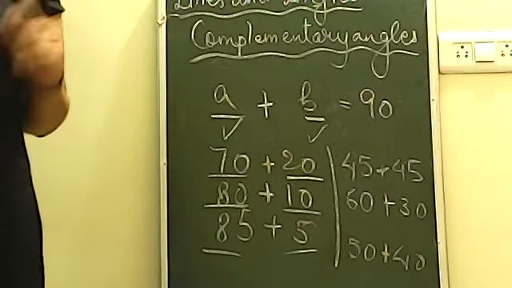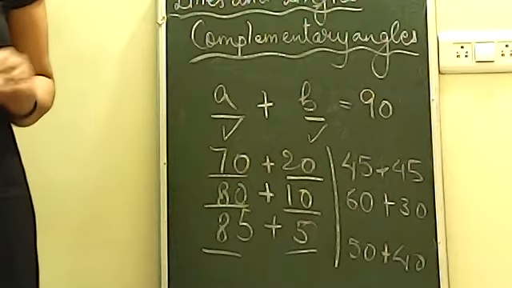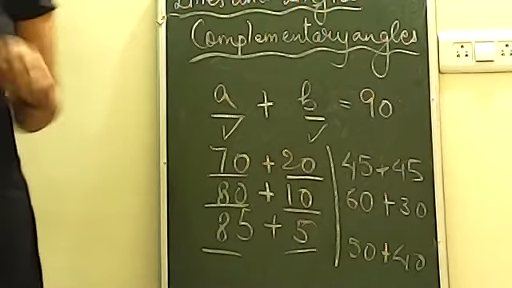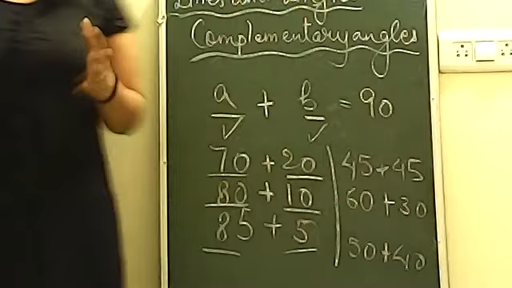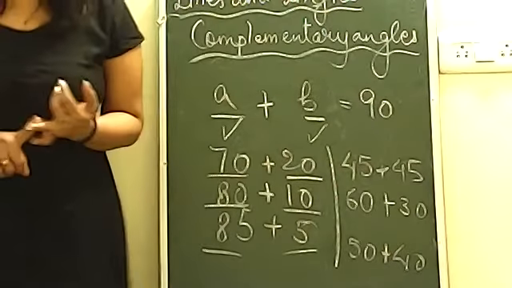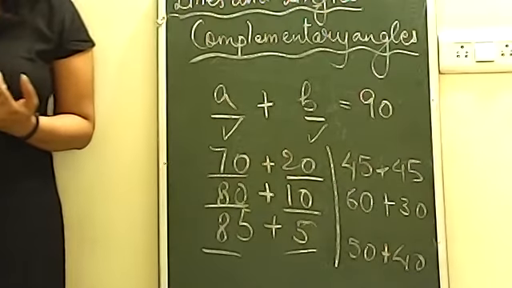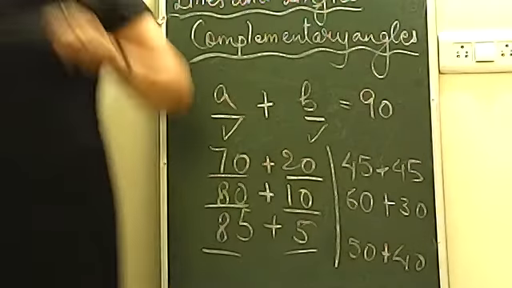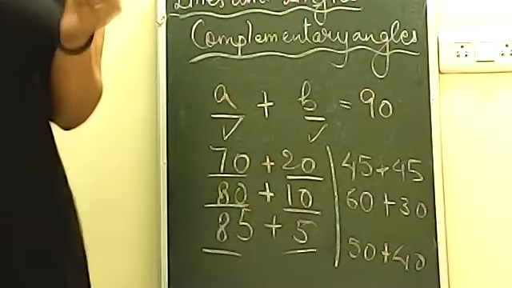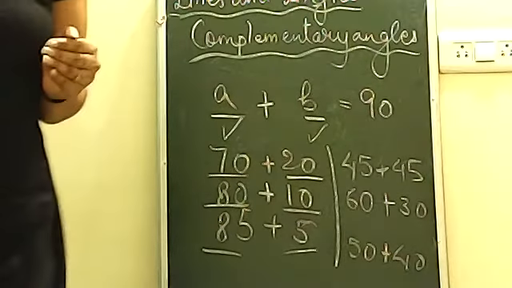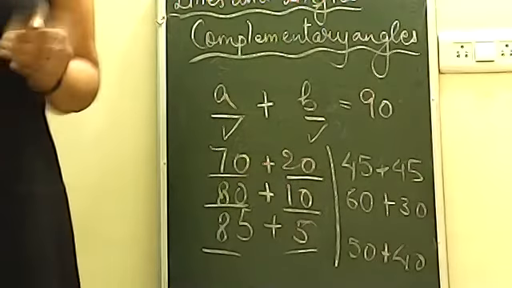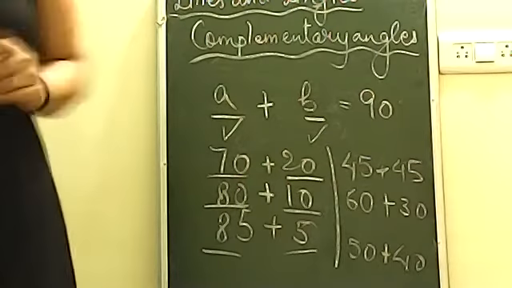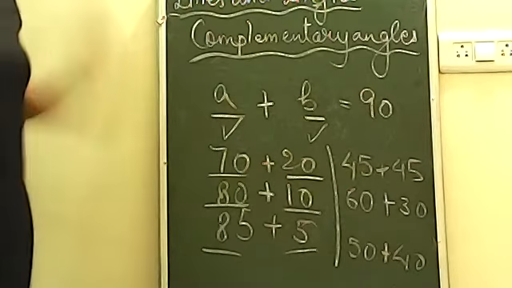You say that, ma'am, it is not possible. Now you are giving the reason, ma'am. If I take an obtuse angle, because you know obtuse angle means greater than 90. Okay, obtuse angle means greater than 90. So here we have to take two angles, so if you take even one angle above 90, then even if you take the other as 0, the sum will still be above 90, right? So that means it is not possible to have an obtuse angle here.